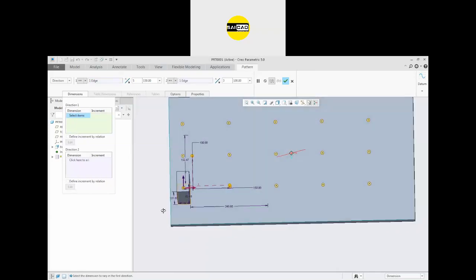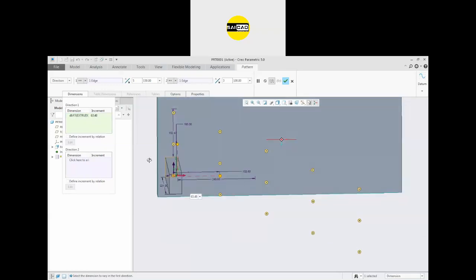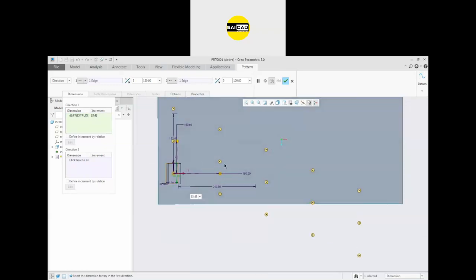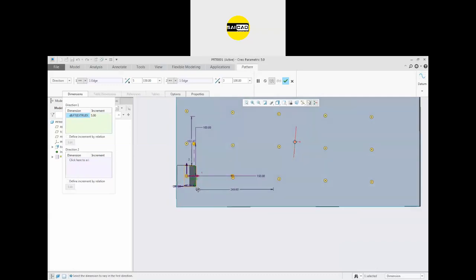Now you can modify anything you want. Like I want to increase the dimension, this one. Okay, you can see that I have clicked here and you will see the dimension here. You will see the increment here, that is 63. I'm going to change that in every new pattern type or in every new step. I want to increase the length of this pattern by 5 mm. Okay, so in every pattern this object will be enlarged with an increment of 5 mm.